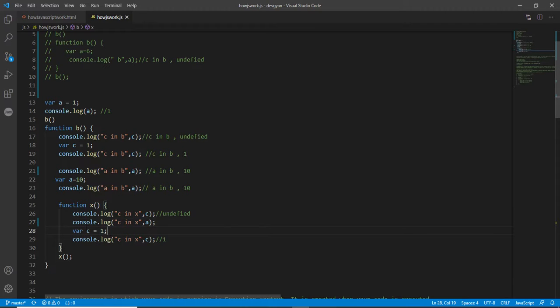So as you know, according to the concept of how JavaScript works behind the scenes, you understand that in the execution context, it means a functional execution context. Within the functional execution context, or maybe you can say any execution context, the same thing is happening. Here the initial value of C will be stored as undefined, but the A value is not present inside the local of function X. In this function X execution context, the A value is not defined anywhere.